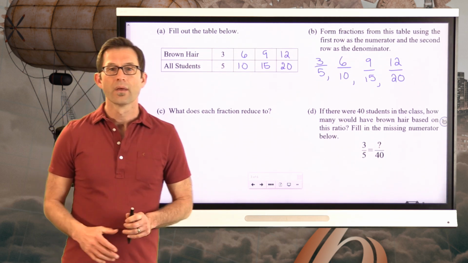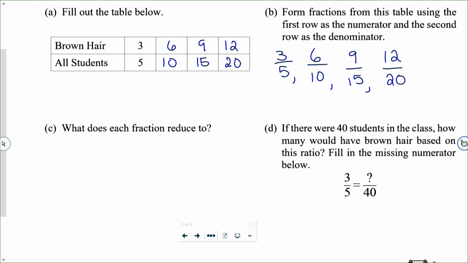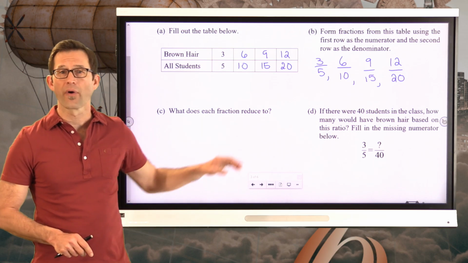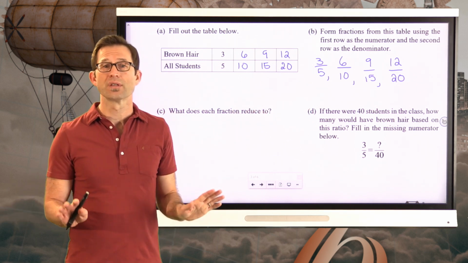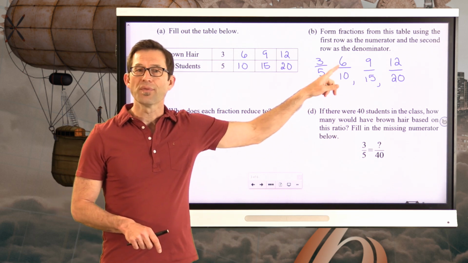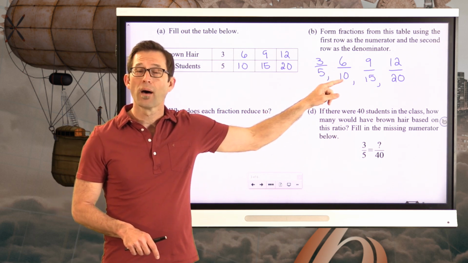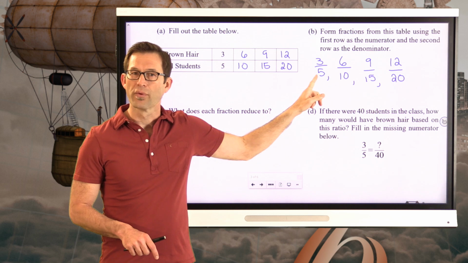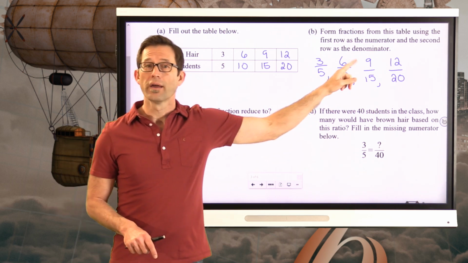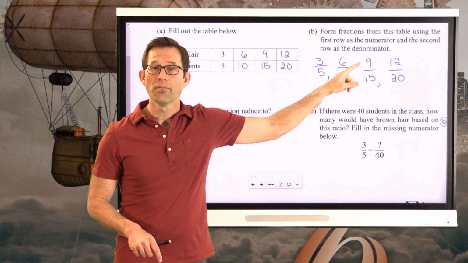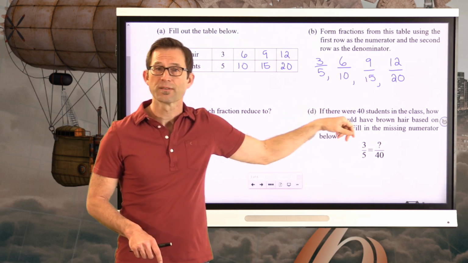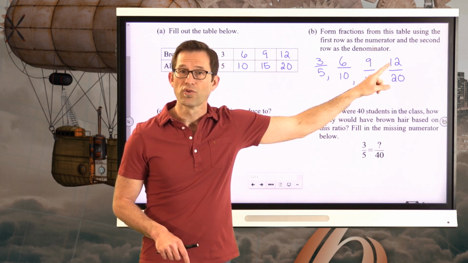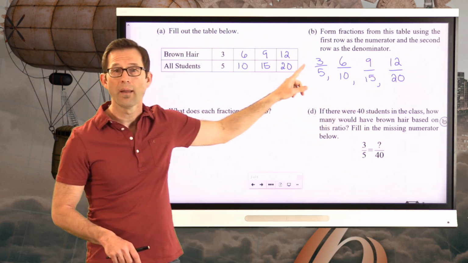Letter C. What does each fraction reduce to? All right. Well, if I looked at each one of the fractions up here, there's no way I can reduce 3/5, right? 3/5 is as reduced as a fraction gets. But the 6/10, if I divided both the numerator and denominator by 2, I'd be right back to 3/5. Likewise, the 9/15, if I divided the 9 by 3 and the 15 by 3, I'd be right back to the 3/5. And the 12/20, if I divided the 12 by 4 and the 20 by 4, I'd be right back to